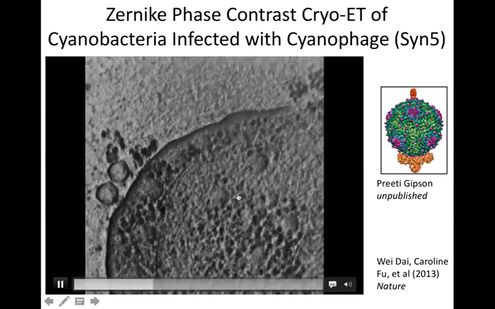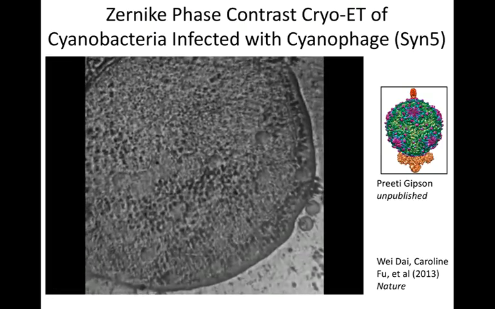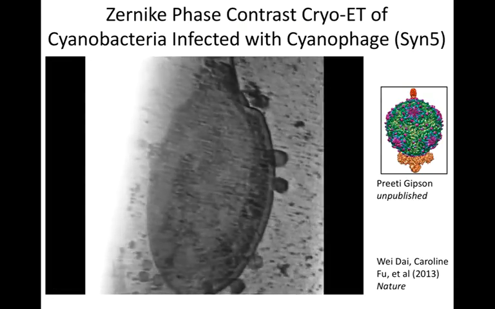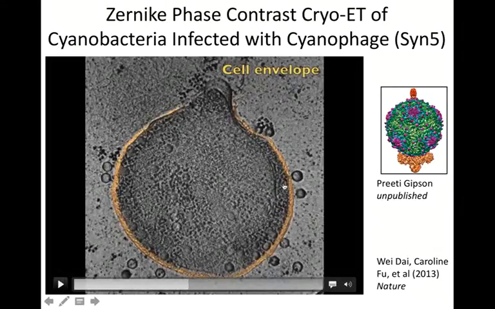what I am going to do is to segment out some of the familiar subcellular features, as well as the infecting and newly synthesized phages in this tomogram. As annotated in the next few scenes of this movie, here is the cell wall of this cyanobacteria, and parallel to the cell wall is a thylakoid membrane, because this is a photosynthetic bacteria. Then within the bacteria there's a particle about 1,000 angstrom in diameter we call the carboxysome, which